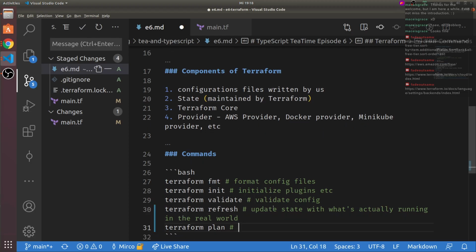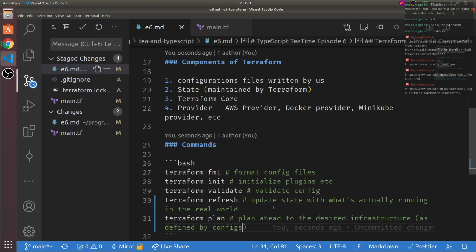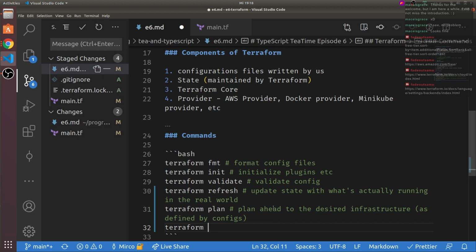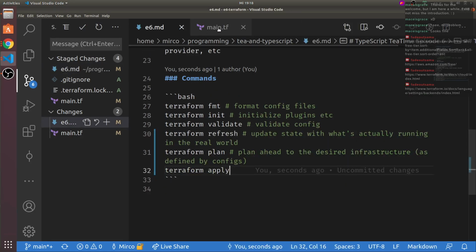Terraform plan, plan ahead to the target desired infrastructure as defined by configs. And then we have Terraform apply. That's not good. Not really. Anyway.